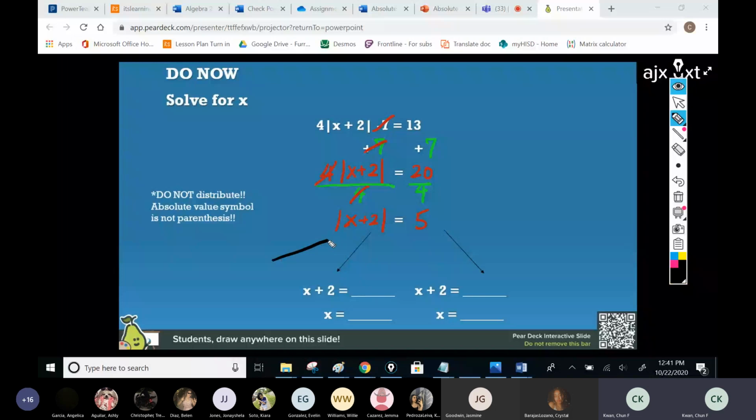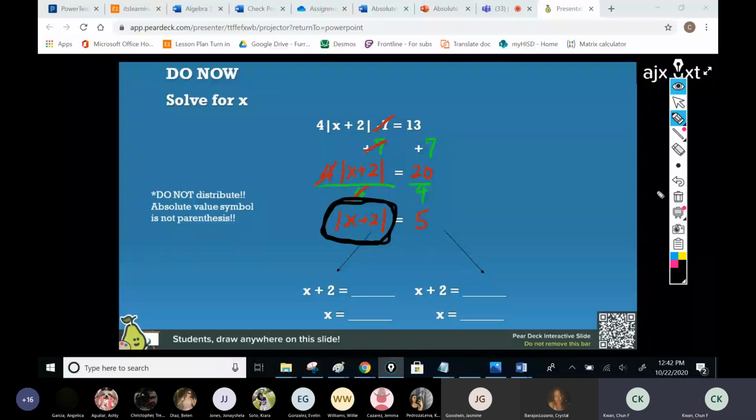Right now you have just the absolute value and whatever's inside. This is the only thing that's left. There's no number in the front that's being multiplied. There's no number in the back that has to be added. Once you have only just the absolute value symbol and whatever is inside, once this is the only thing left,